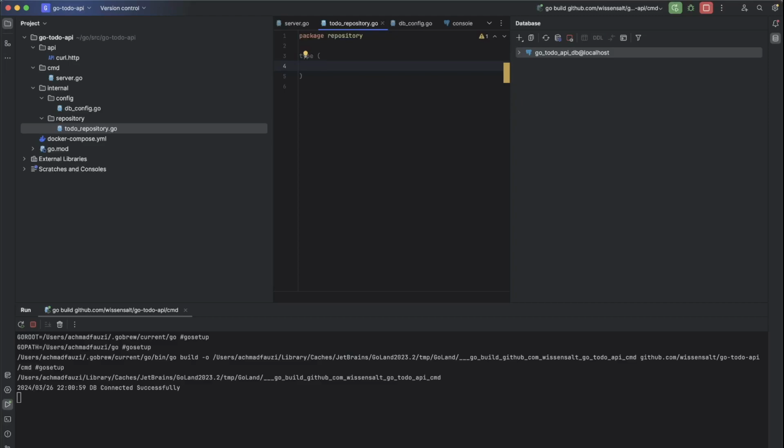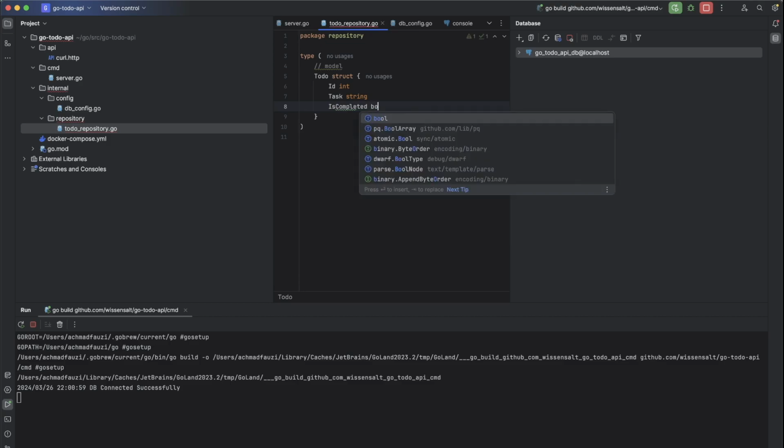First we will create the model. So our model is kind of a struct, todo struct. It has ID which is integer and the task which is string and also is completed which is boolean.